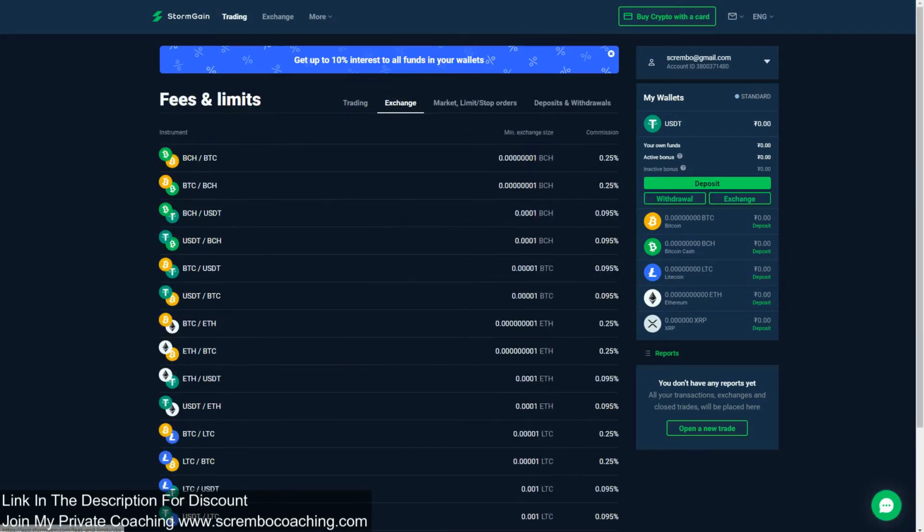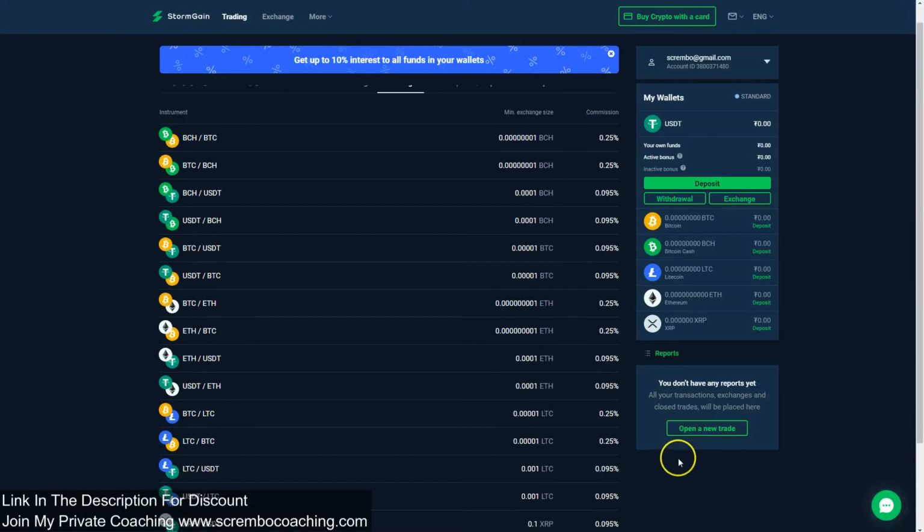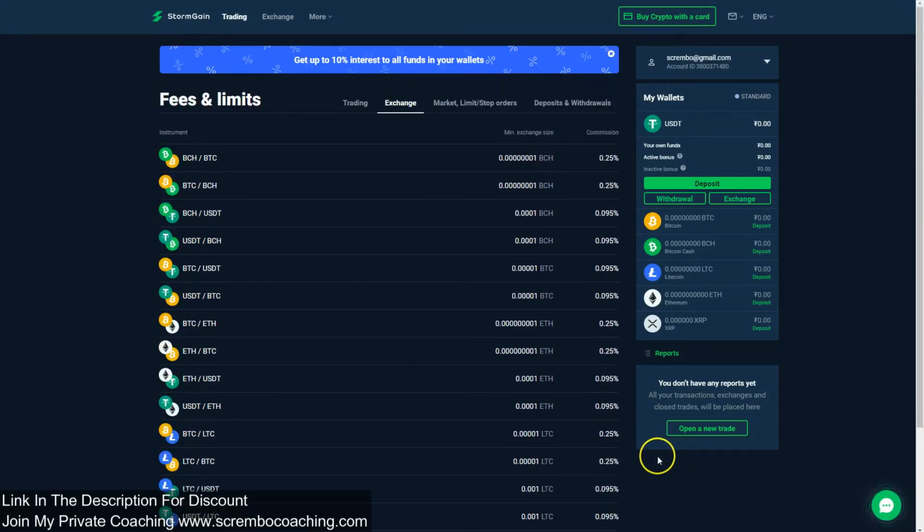Exchanging cryptocurrencies between each other, depending on the instrument you're exchanging, there is a minimum exchange size mentioned right here, plus a commission you're going to pay on your exchange. So we're looking at the most expensive exchanges out there, and they are Bitcoin Cash between Bitcoin,